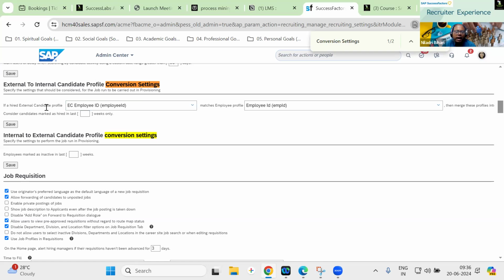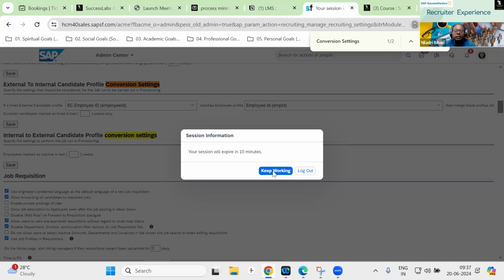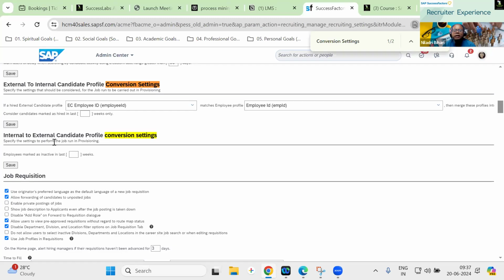It says if a hired external candidate profile's employee ID matches the employee profile's employee ID, then merge this into one profile, and consider candidates marked as hired in the last two or three weeks, whatever the weeks may be. This is a small setting we call conversion settings. The same is also applicable for internal to external candidate profile conversion settings.